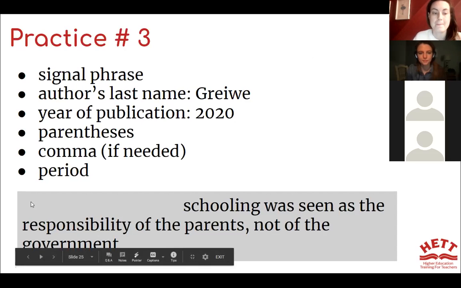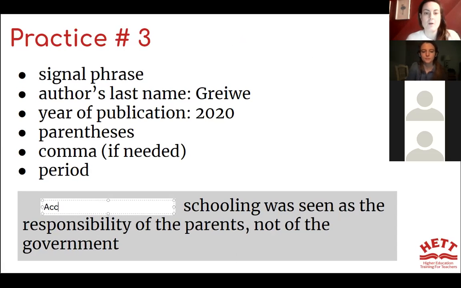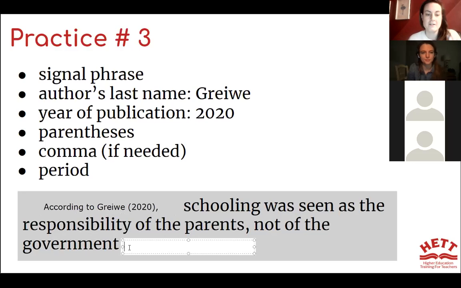So, according to, and then make sure you add the full stop at the end.